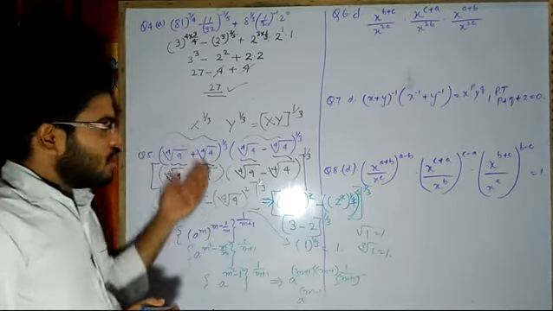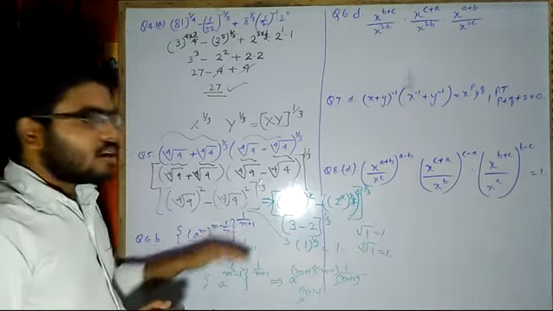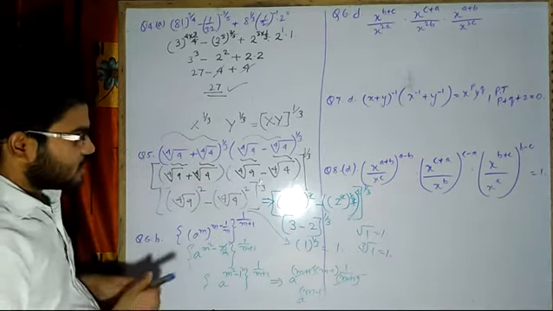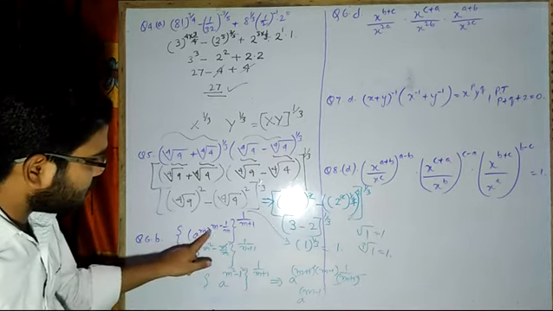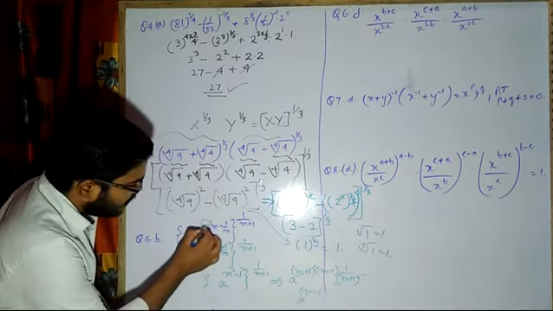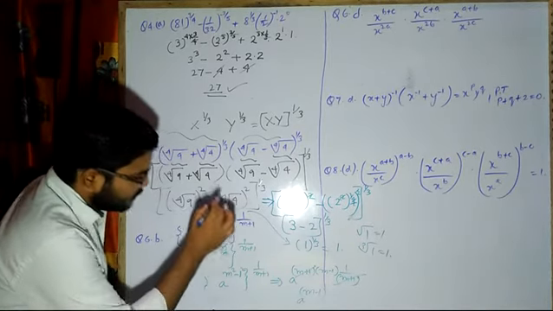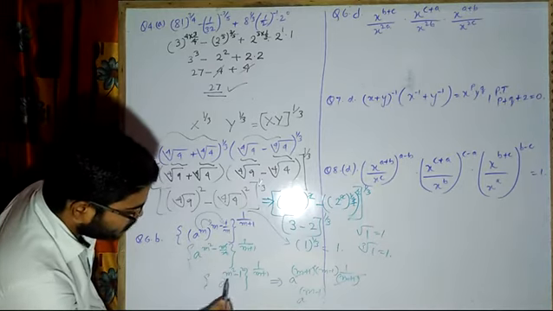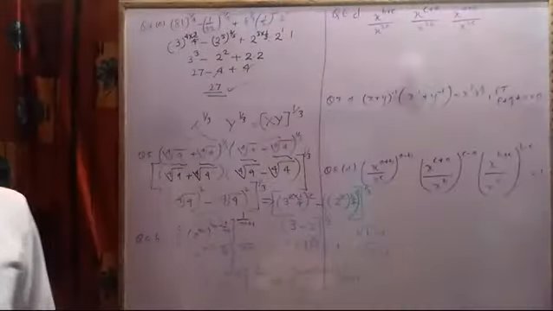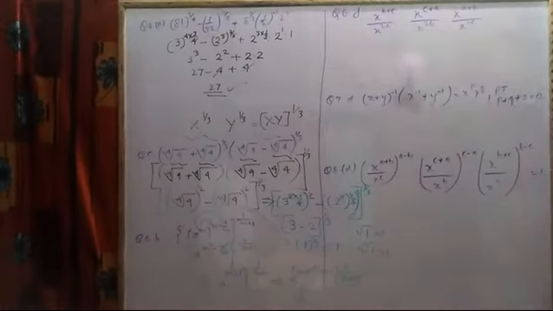Which formulas are you able to apply here, which law satisfies the conditions, which law is going to help you. Like here, a raised power m into n: this m will be multiplied with this, plus this m will also be multiplied with this. That is what I have done. M into n, m square, and then m upon n cancelled, so m by 1. Now if m by 1 is given, m square minus 1.